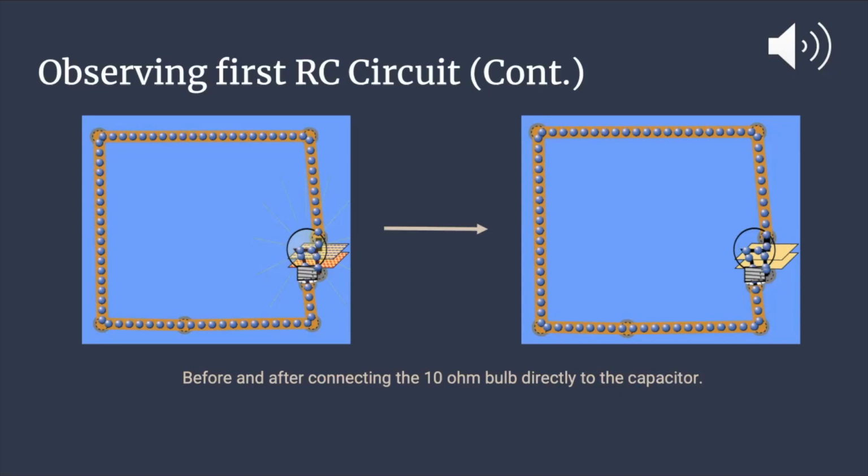After disconnecting the battery and connecting the capacitor directly to the 10 ohm bulb, the bulb lights up and begins to dim again due to the capacitor running out of charge to light up this bulb. In this circuit, we use a 30 ohm light bulb,